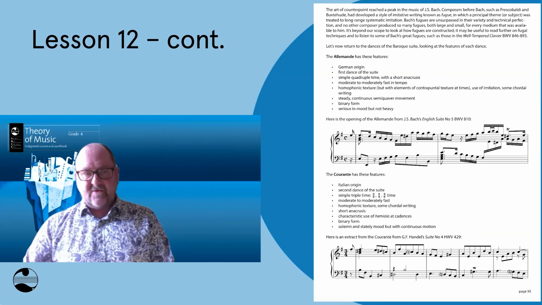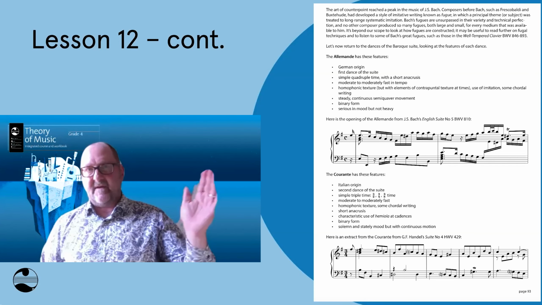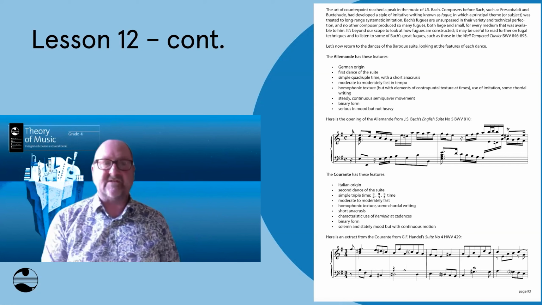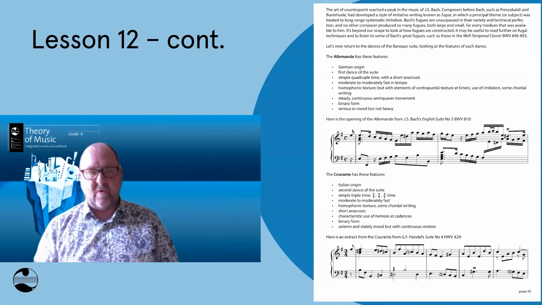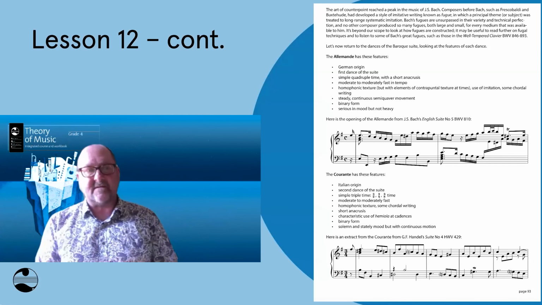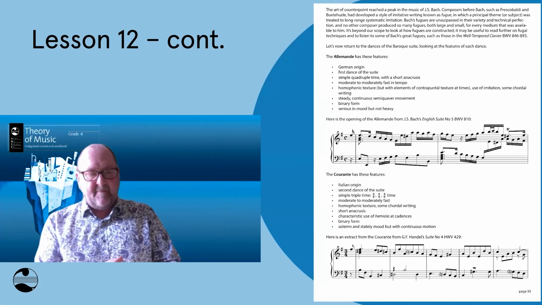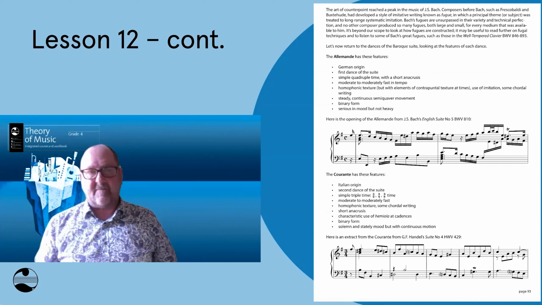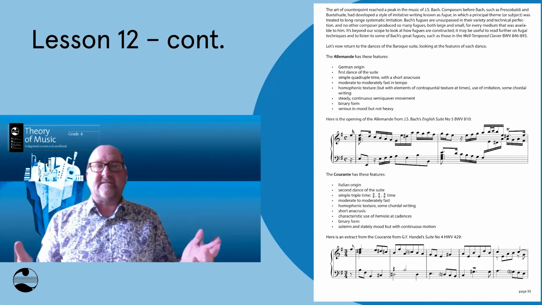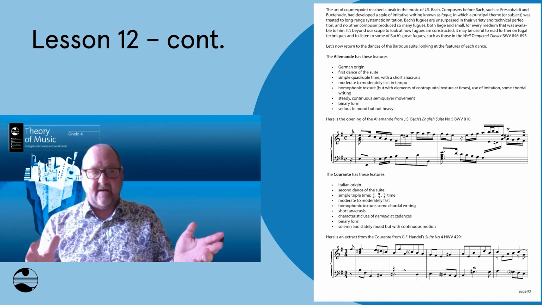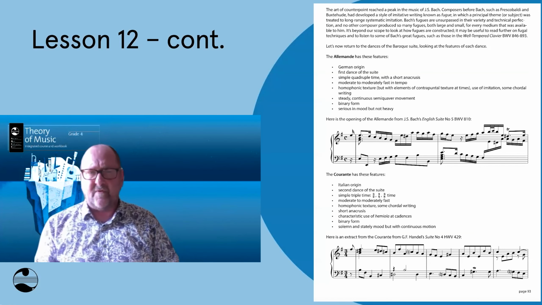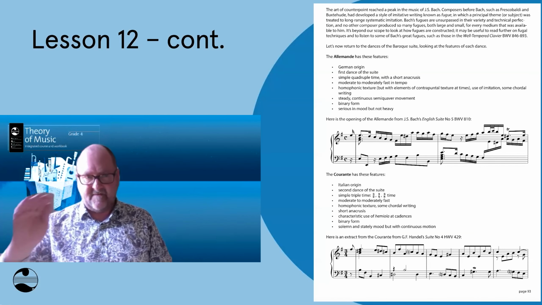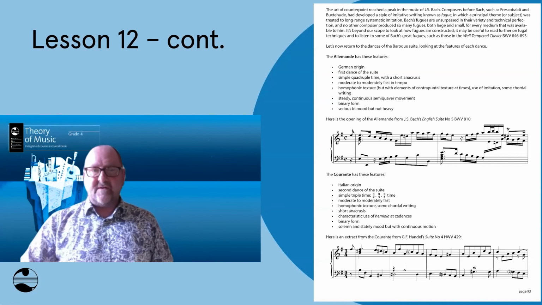I've decided to include the corrente, and as of next year, 2022, we're going to be including the corrente as a separate dance. We won't be calling it an Italian courant. It'll be a corrente, because some of you may know the Bach partitas, for example. In the partitas, Bach writes a corrente instead of a courant more often than not. So I think it's an important dance, and it's one that needs looking at individually. We can go on to the next.